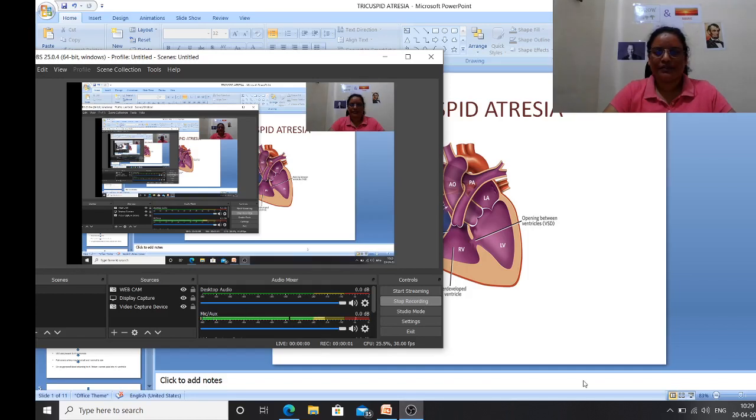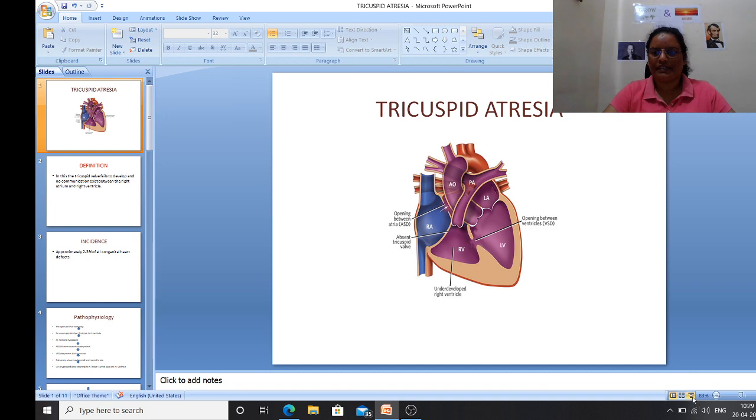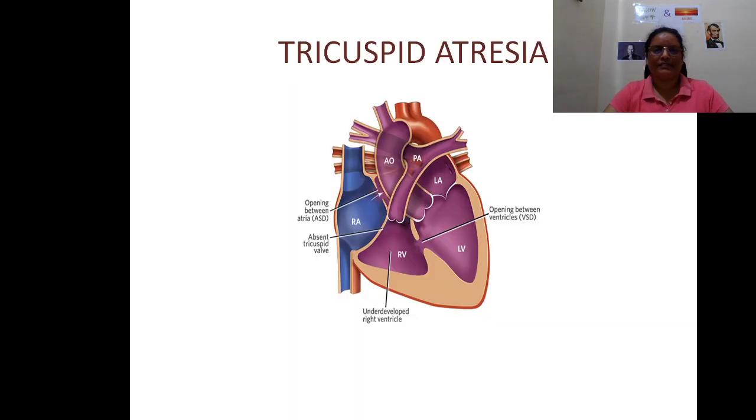Hello students, today we are going to discuss tricuspid atresia, and this topic belongs to child health nursing for BSc nursing third year. What is tricuspid atresia? Tricuspid is a valve. It is also known as the atrioventricular valve, and it is present between the right atrium and right ventricle, and it